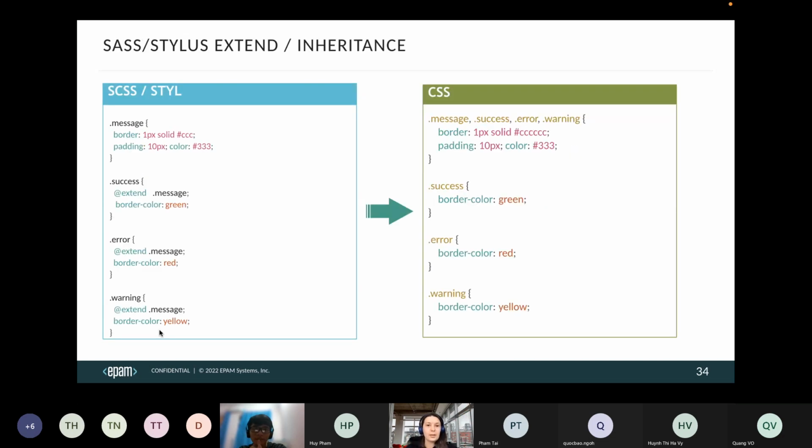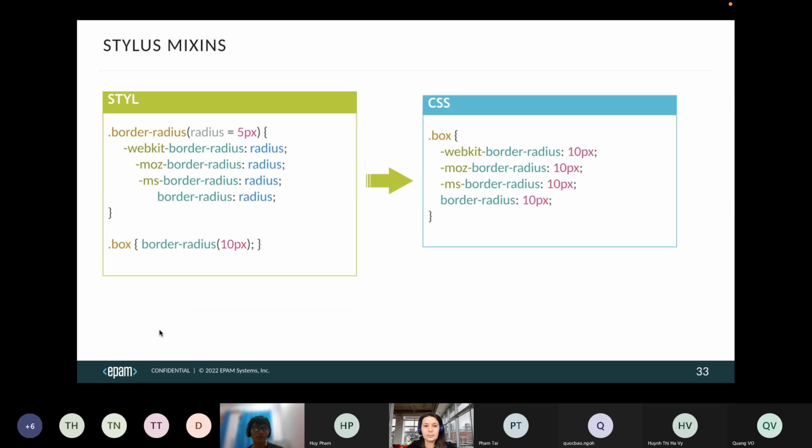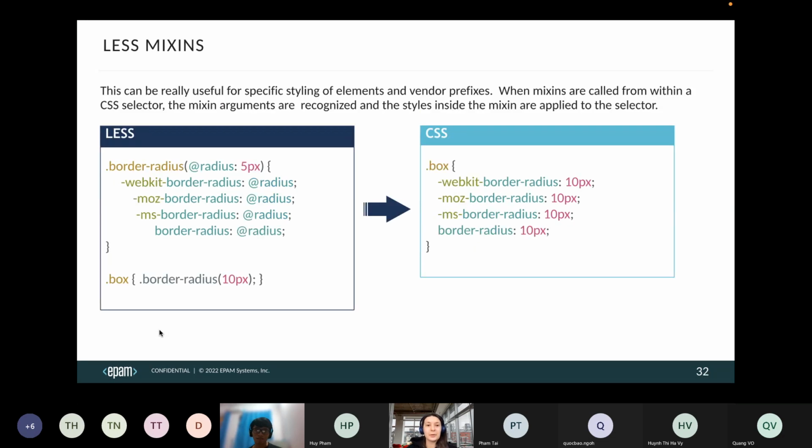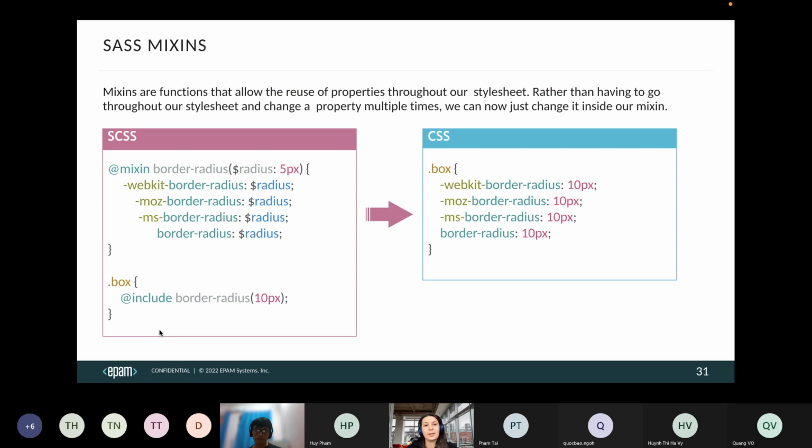I'm sorry, I have a question about mixing. I see that mixing is like variable. So what are the difference between mixing and variable? So mixing, this is a functions. It allows you reuse them. You also might reuse the styles and once again,